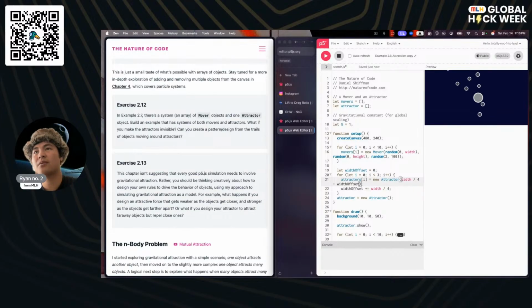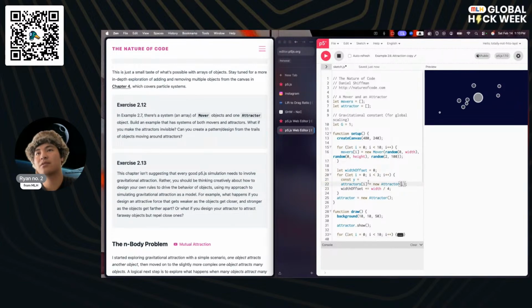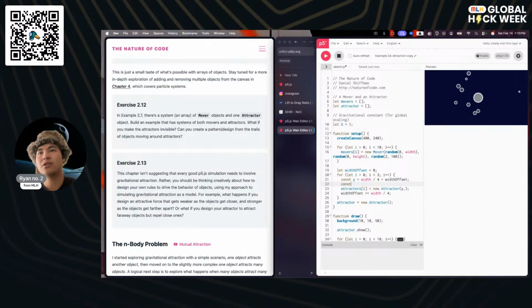Okay, and so that's just the Y. So let's abstract that out into something that's a bit more readable like that. And then we're going to set the X to be the height divided by 2. And that's just going to be that. Okay.